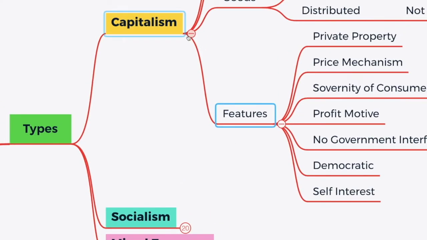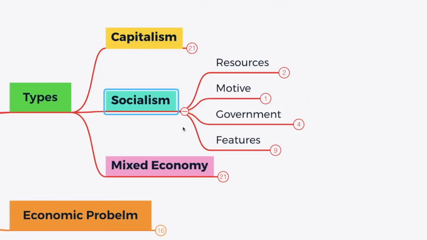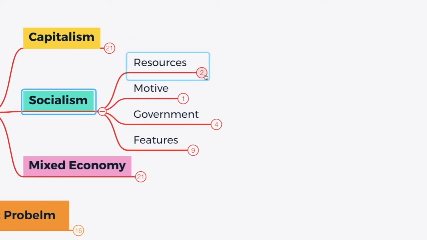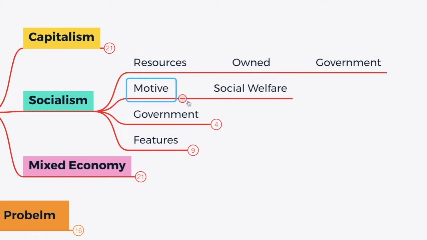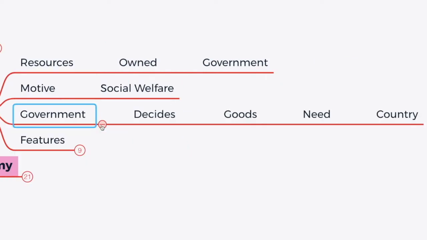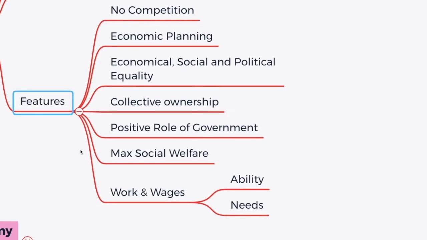Moving on to socialism. In socialism, the resources are owned by government. The main motive here is social welfare. Here, the government decides what goods are needed in our country. The main features here are no competition,